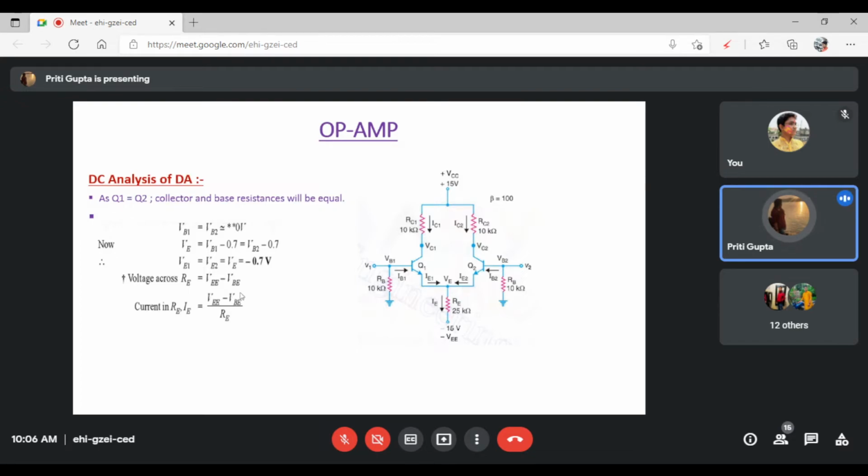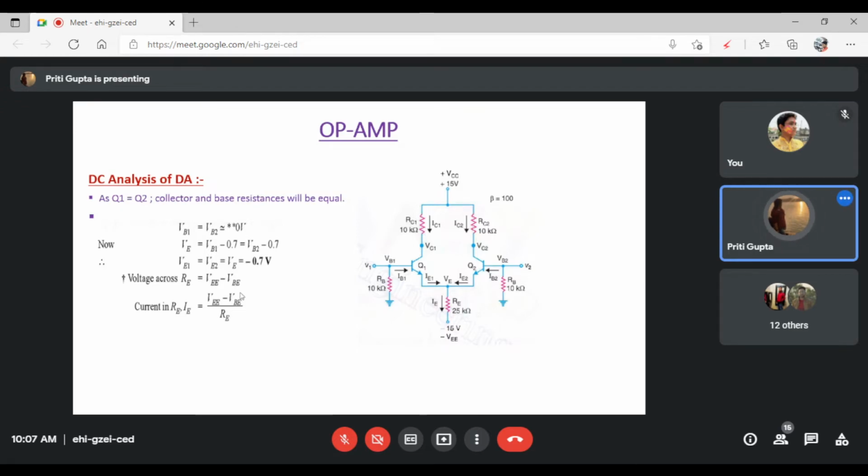Take your calculator with you. So you have written all the equations. There are 3 equations. Again, I am repeating. Number 1, V of E equals V of E1 equals V of E2 equals minus 0.7 volt. Number 2, V of RE is equal to V of EE minus V of BE. And number 3, IE is equal to V of EE minus V of BE divided by RE. Right? These 3 equations you have kept in a box. Fine?